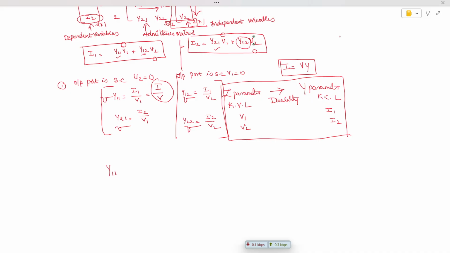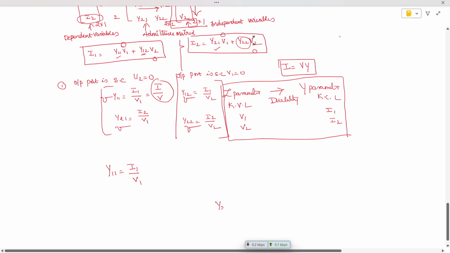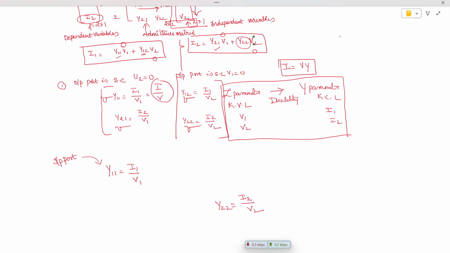So y11 is equal to I1 divided by V1. Next one, y22 is equal to I2 divided by V2. So it is referring with respect to input port. That's why y11 is called as input port or input driving point admittance. So this is driving only input. This is called input driving point admittance,